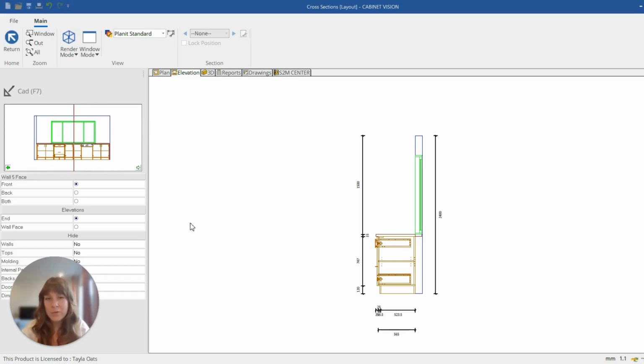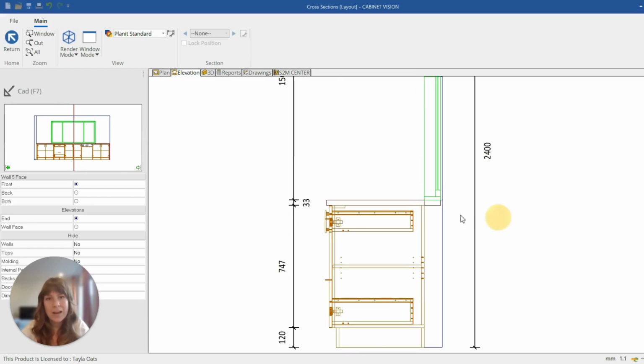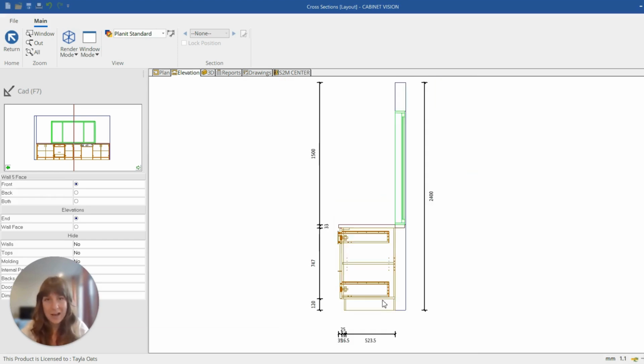This can be really useful in situations like this where we've got a window and the bench top is going into the window. You can see if you zoom in here, we can actually see how the bench top is relating to that window and that it's sitting just underneath the window frame. So this can be really helpful to add detail to your plans. To get this view onto your plans, all we have to do is right click and either use the to drawing or to live drawing functions.